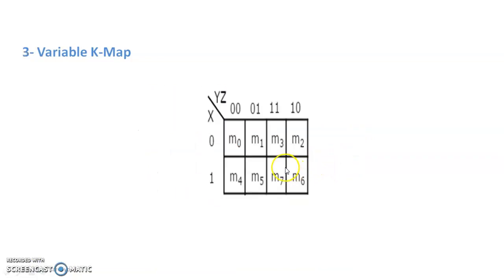This is the 3 variable K-map structure. For 3 variable K-map structure, this is the best example of K-map structure. So we consider variable sequence like X, Y, Z, or you can write variable names A, B, C. When we write this sequence, you have to take 0, 1 for that particular X input or A input, and for Y, Z it is 0 0, 0 1, 1 1, 1 0. And min terms are written like this: M0, M1, M2, M3, M4, M5, M6 and M7.